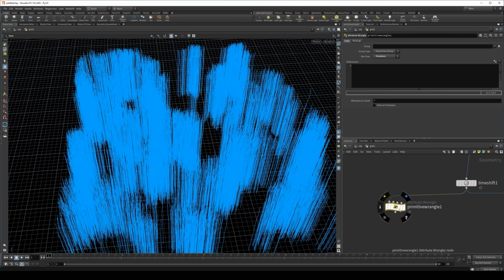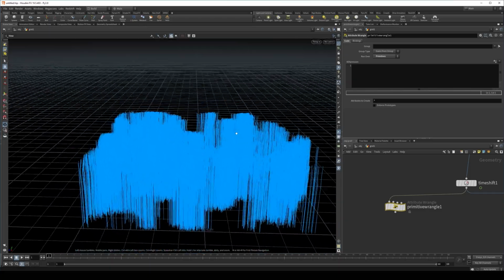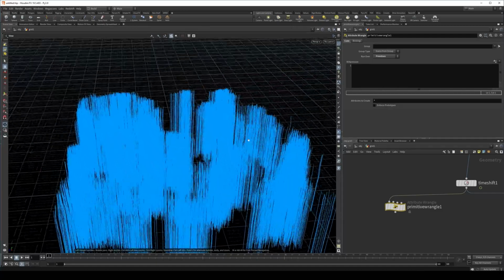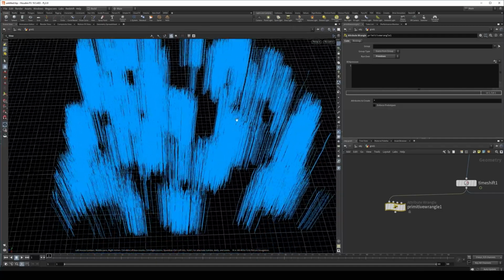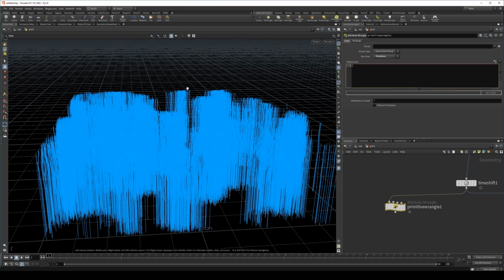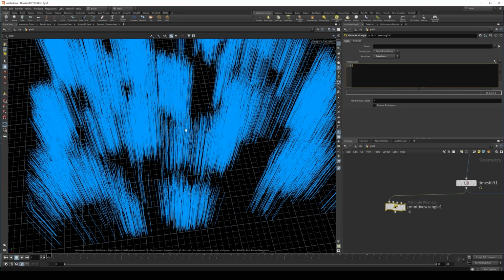To do it, I'm gonna use for each method. If you know any other method, well, you can use it, but this one is, in my opinion, the most procedural, and it's always cool to know how to use it, how to work with loops. To do it, we need to create a thing called array. I'm gonna call it PTS. And this array will contain our primitive points. Prim points